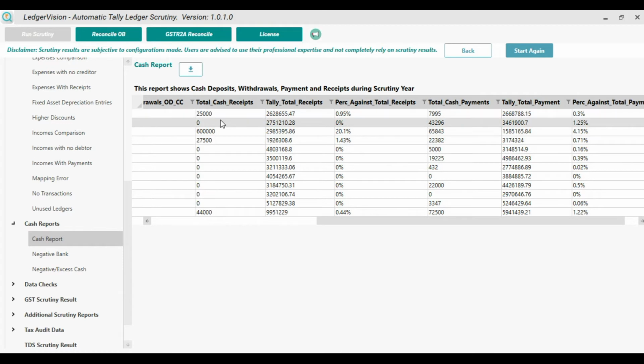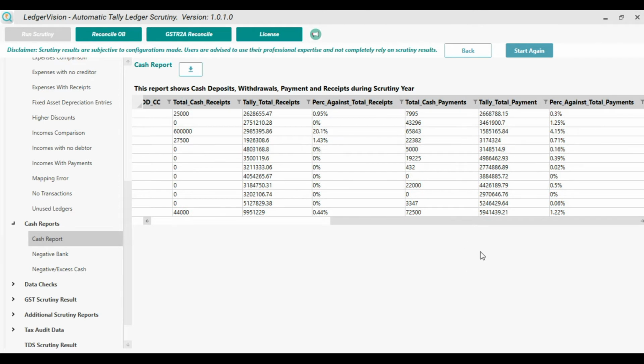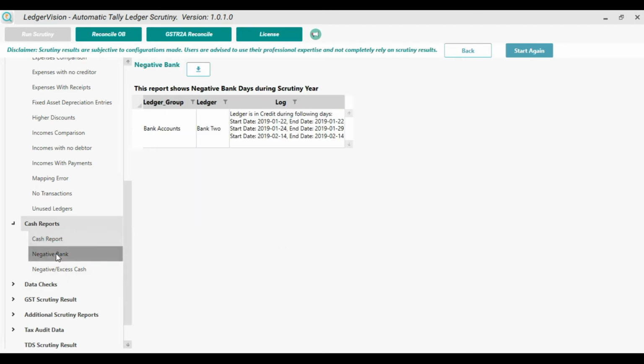As per amendments in section 44AB, if total cash receipts are more than 5% of total receipts, or if total cash payments are more than 5% of total payments, then though the assessee is not subject to tax audit because his turnover is below the threshold limit of tax audit, but if he violates these provisions, then he is liable to tax audit. In a way, this is a very important report.